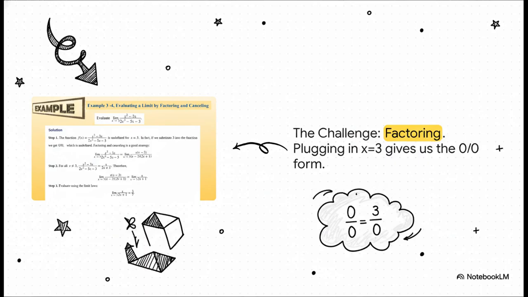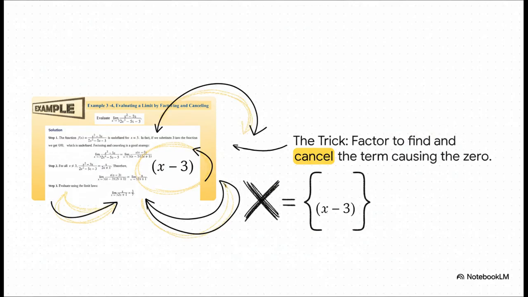Okay, let's take on our first challenge. This is a classic problem that needs factoring. And as you can see, if we try to plug in x equals 3, we get that telltale 0 over 0. So here's where the algebra magic happens. We factor the top, we factor the bottom, and look what happens. An x minus 3 term pops up in both places. That's the culprit. That's the term causing the zeros, and now we can